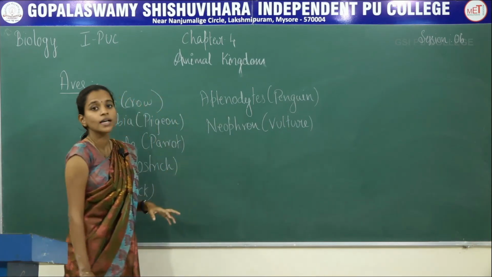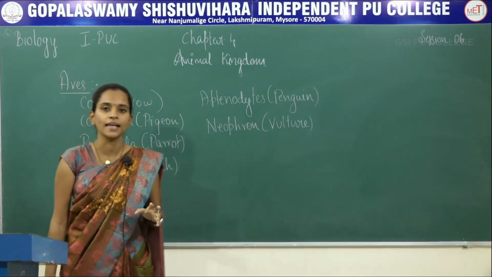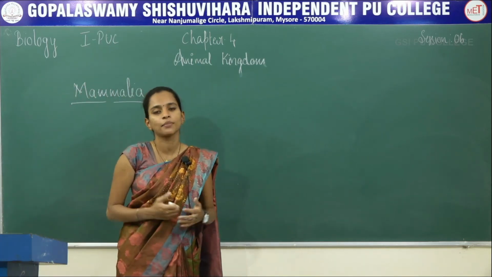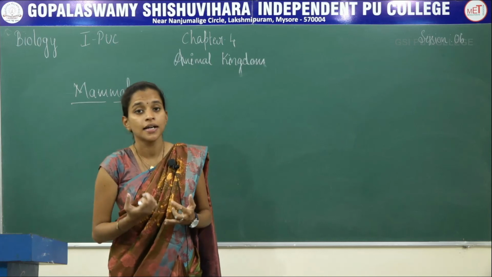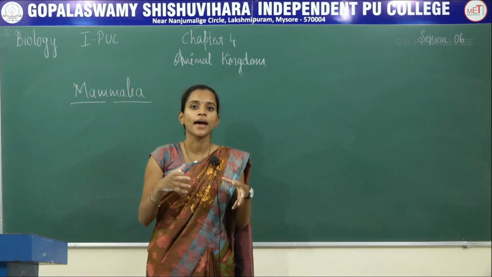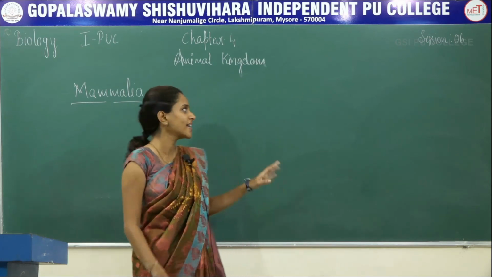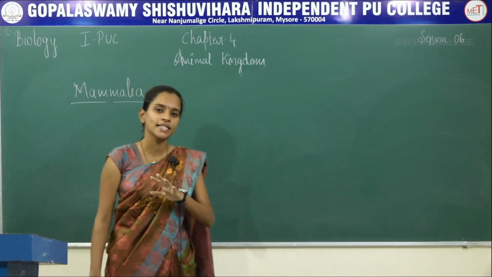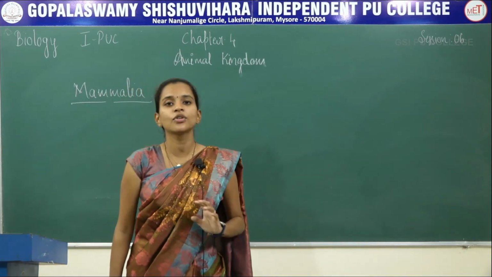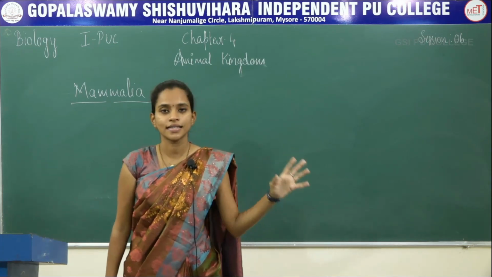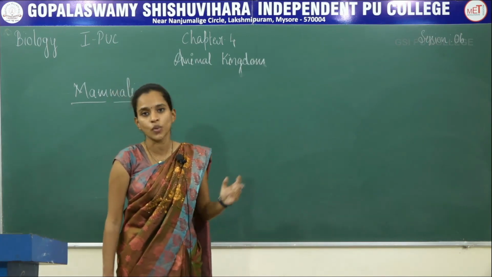Next we will study the last class, that is class Mammalia. So mammals are spread throughout the world in any type of condition, that is in ice, dry or desert, grassland, forest, mountains, aquatic region; anywhere you can find these mammals. These are very much common. Few of them live in terrestrial region. Among the terrestrial organisms, some of them also fly. Few are restricted to aquatic region also, which swim.